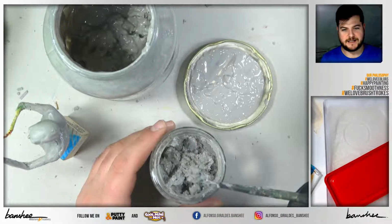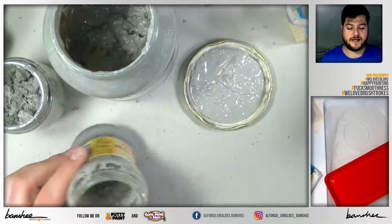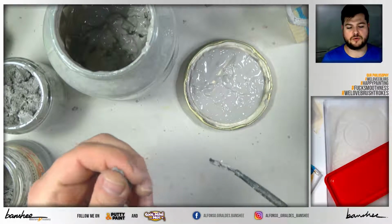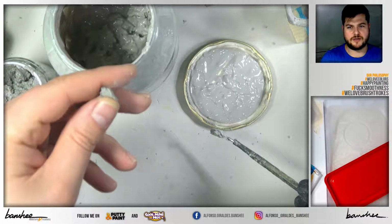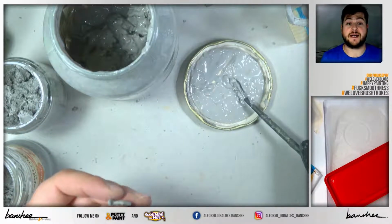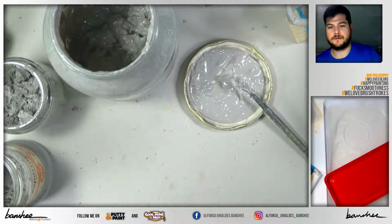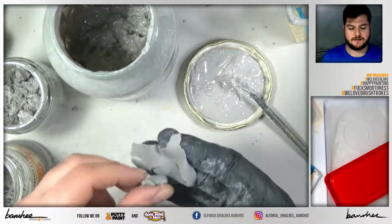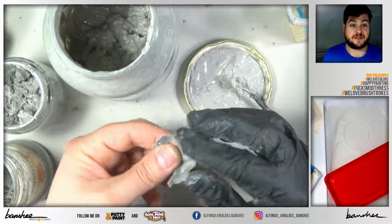Then this one has been more exposed to air, so now I can even touch it with the hands. It's still sticky, but not so much, and it's not so slimy. So I can generate an intermediate stage also. Imagine that I take this sheet that has not been prepared, and I add the more pasty, more slimy clay, and then I mix it, and the result is something that has